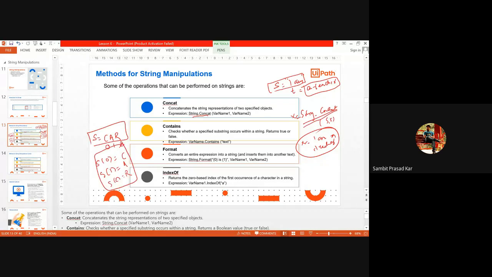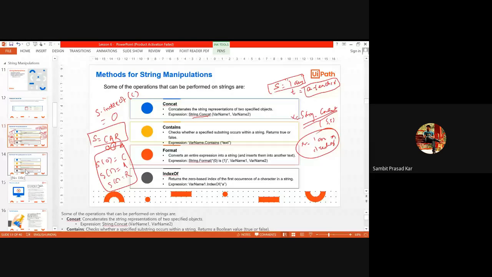So that is called indexing. You can get the index using in, or if you use var name dot index. Suppose you write s dot index of c, right? c is at location 0, so the output you will get is 0. Now suppose you write s dot index of a, you will get the location 1. That is called string manipulations. There are a lot of examples like that. You can follow up one example of this.